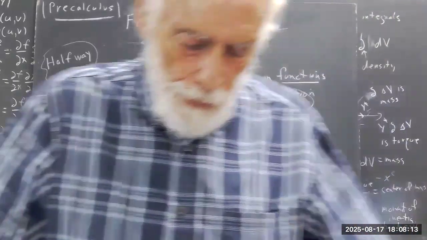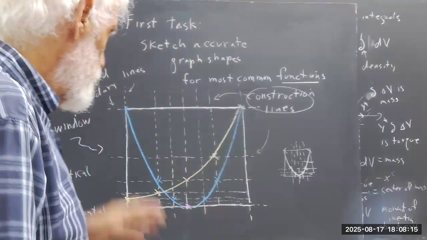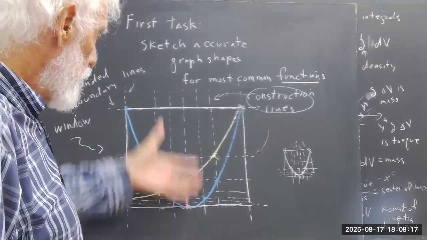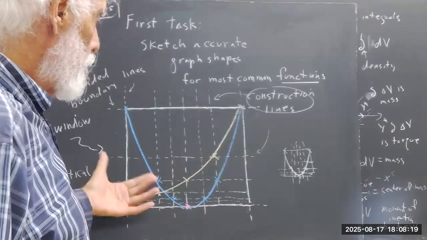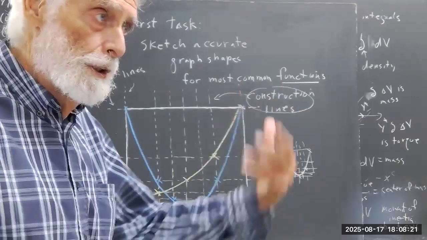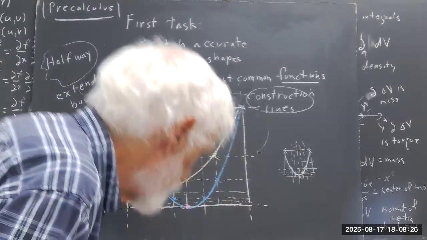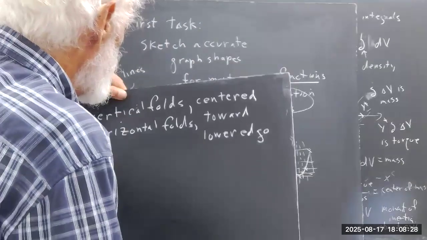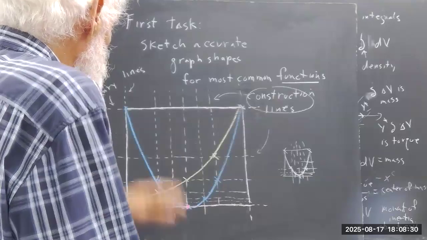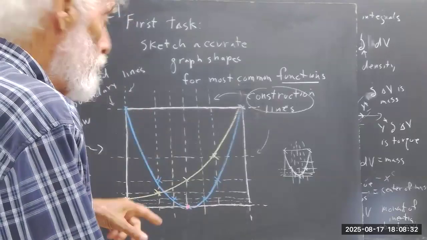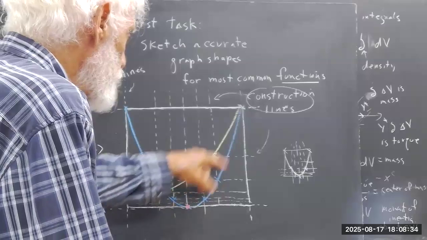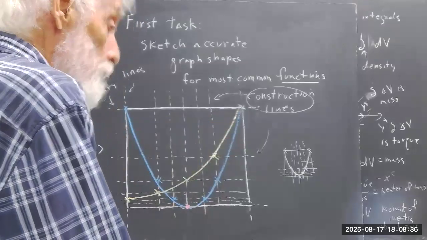Okay, well, this is our second introductory video, and we're going to learn how to create the grid that we see here and the grid that we saw on the other side of this board. And we're going to do that with the help of some paper folding. Now, once you've got the grid, the rule for sketching each of these three graphs